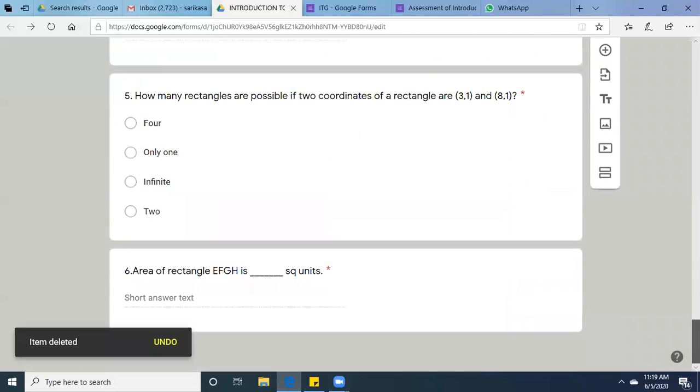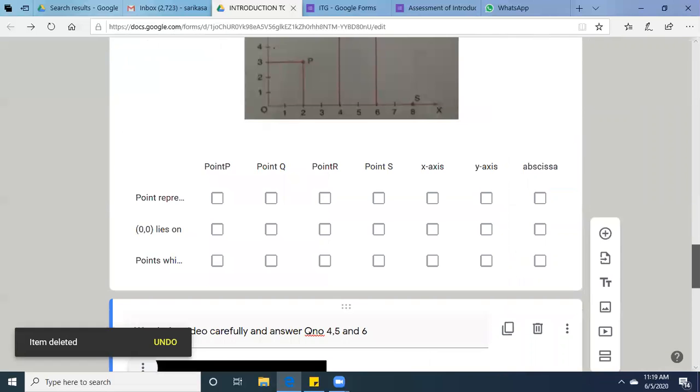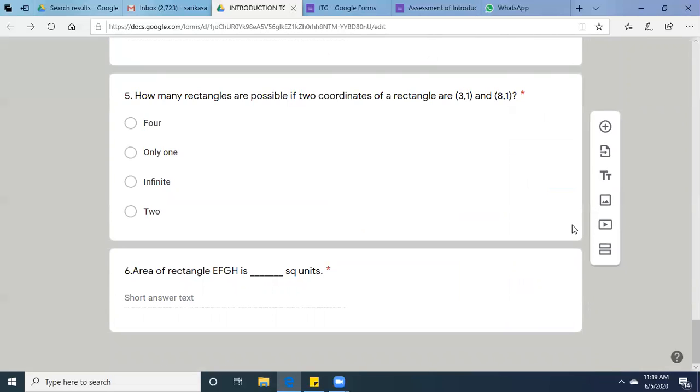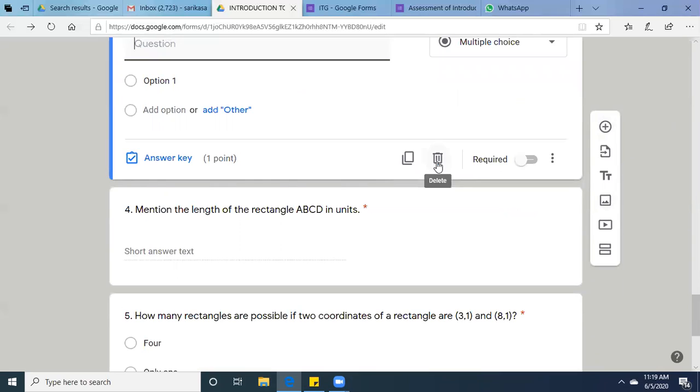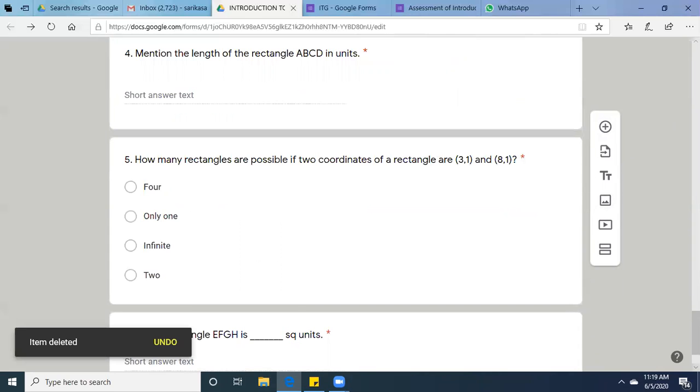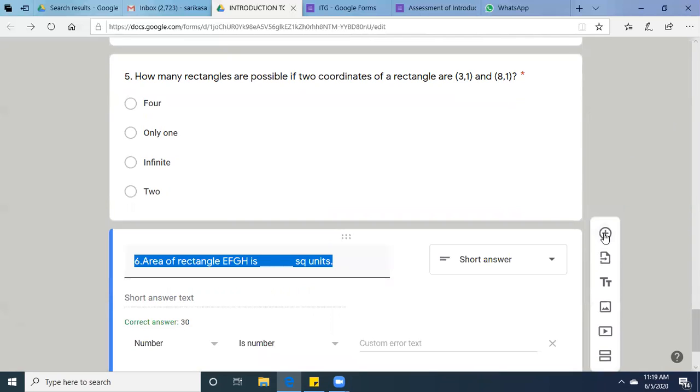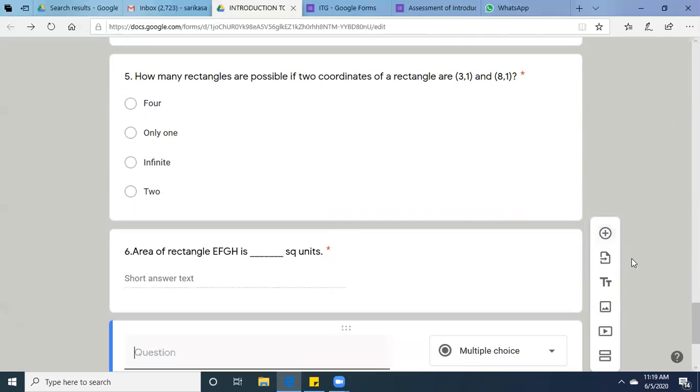See. So I have used this option also. Now, after this, I have used almost all the options. Only one option is left, which is the linear scale. So you will be finding the linear scale option here. This can be used in surveys. So after this, I want the linear scale option. So I'll click on this linear scale option.